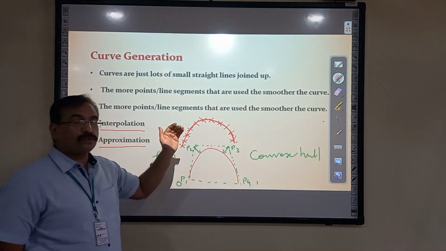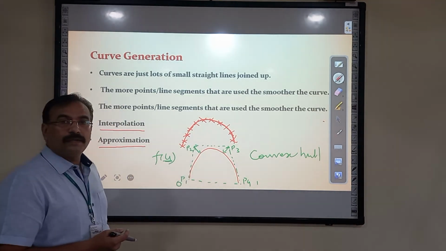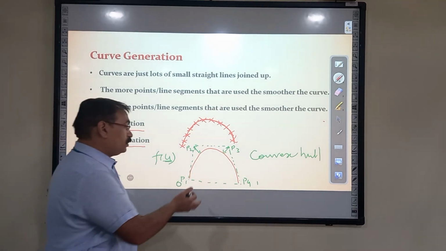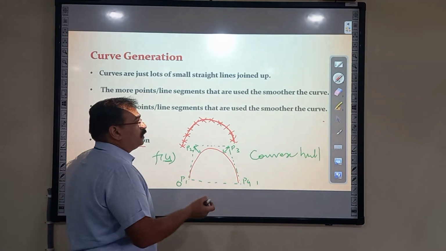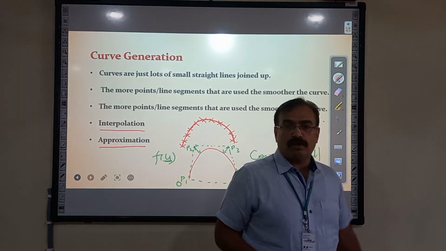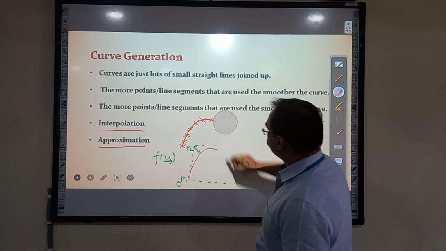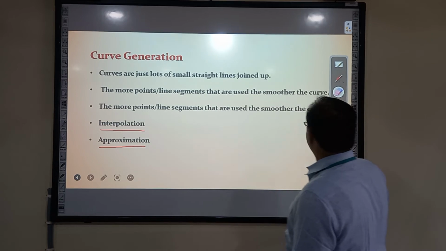It should pass through every curve. So defining this kind of curve is a little difficult, because the number of points the data generated will be huge, but this is also not easy because we need to maintain the blending functions, which will be using the parametric equation of a curve. What is the parametric equation of a curve? That we will see. It will be guided with a variable, of course,